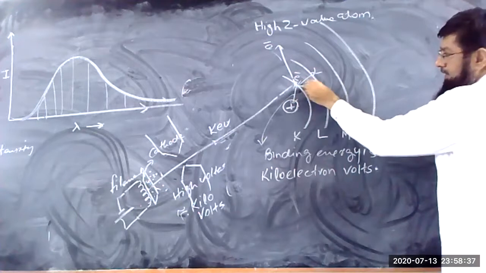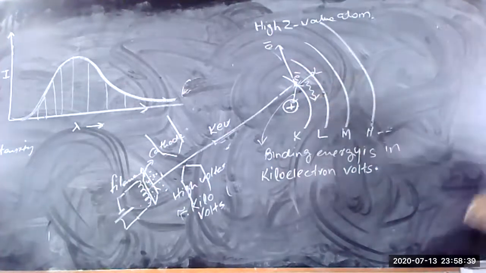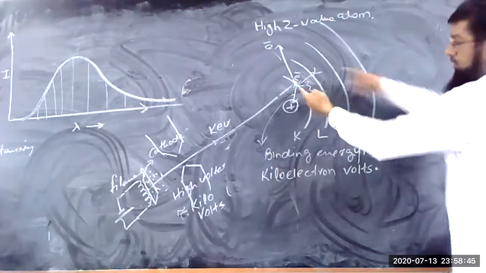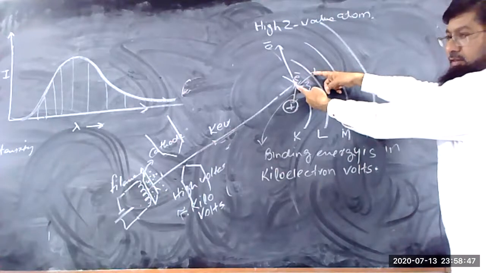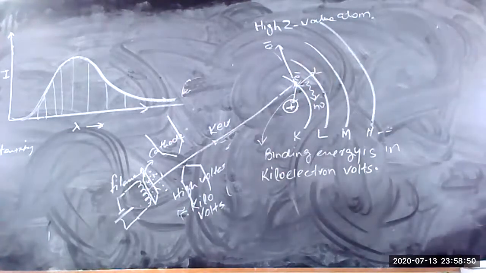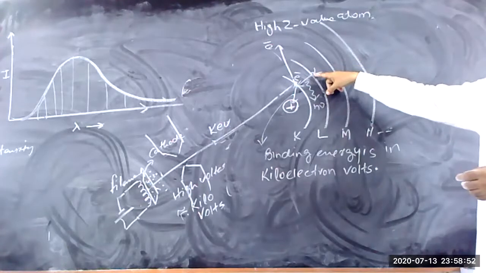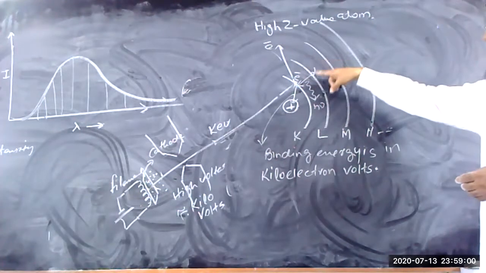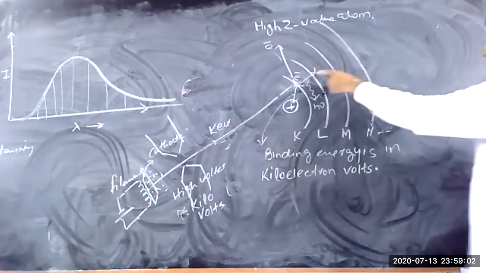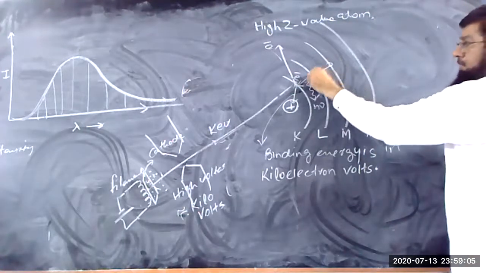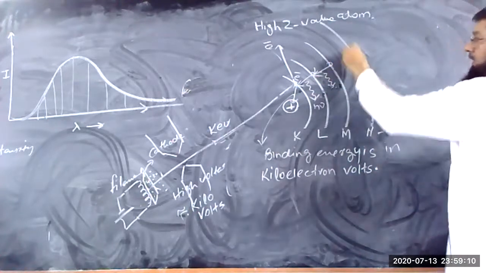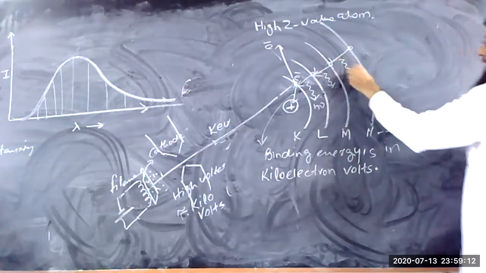As a result, radiation is emitted. This radiation is known as X-rays, which is equal to the difference of the two levels. Similarly, now there is a deficiency in the L, because one of the electrons from the L jumps into the K and fills up the deficiency in the K. This deficiency in L is filled up by the M electron, again emitting X-rays. Similarly, the N deficiency is filled up by the M, again.